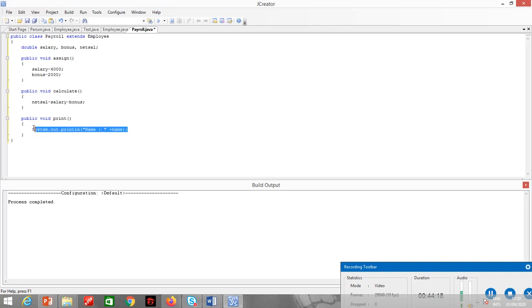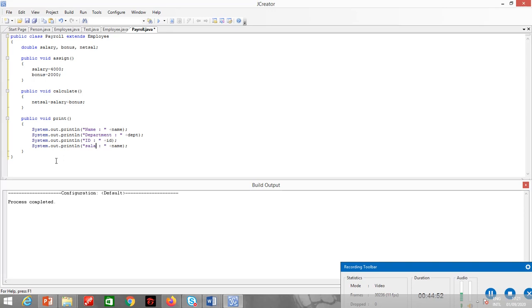Alright, so I have department. I have over here ID. All these 3 variables, they are from the parent class. So no need to create an object. Just like that, directly we can call. Now I will print the values of the variables of the child class, which is salary, bonus and net salary.